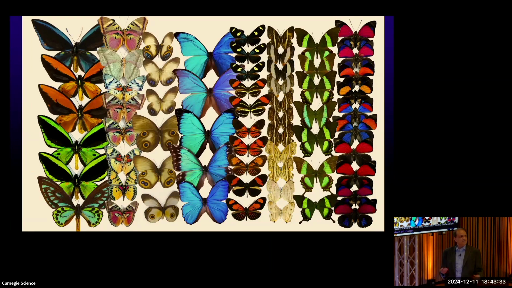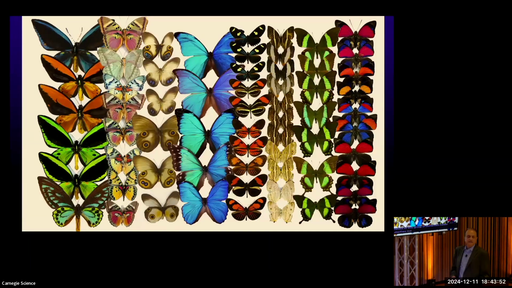That and the fact that I have a huge collection, and at one point I had to justify to my wife why I have this massive butterfly collection. So I decided I should start doing something interesting scientifically with them. I have a lot of colleagues that have done beautiful work on the genetics of patterning using this group of butterflies called Heliconius butterflies.